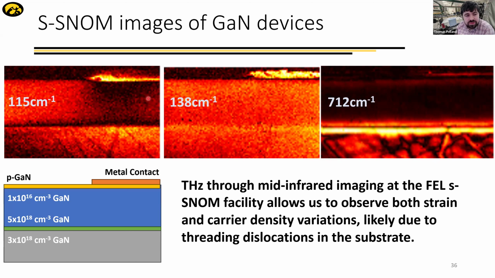This drift layer is very low doped, and we can see something at the interface here, which is a highly doped layer that's grown to interface with the substrate. And then we see some really wild changes in contrast in the substrate itself, which we believe is due to the dislocations in the actual substrate,